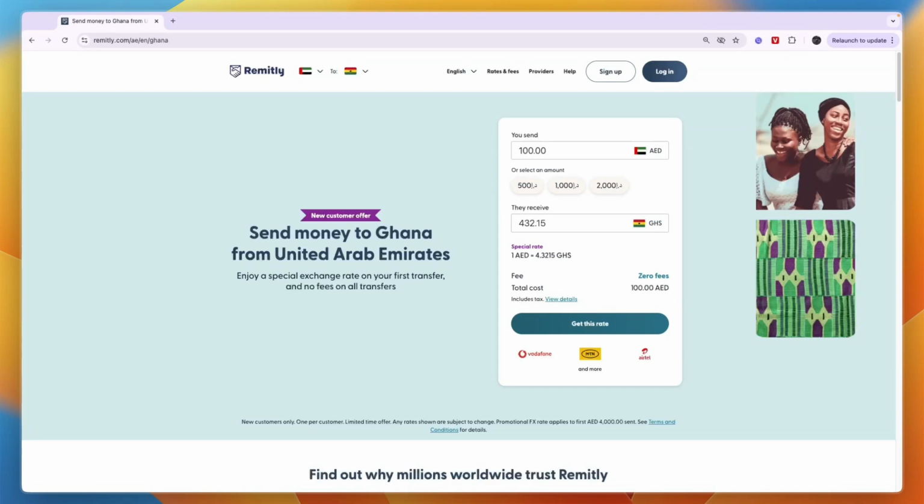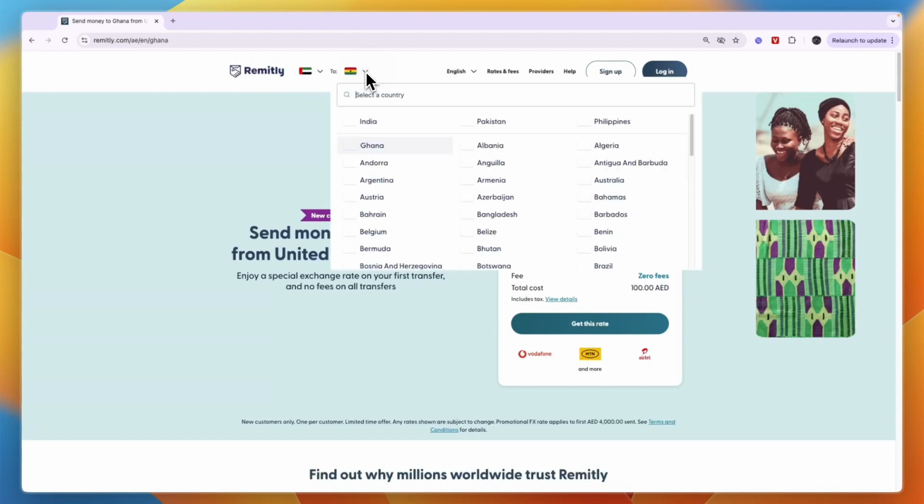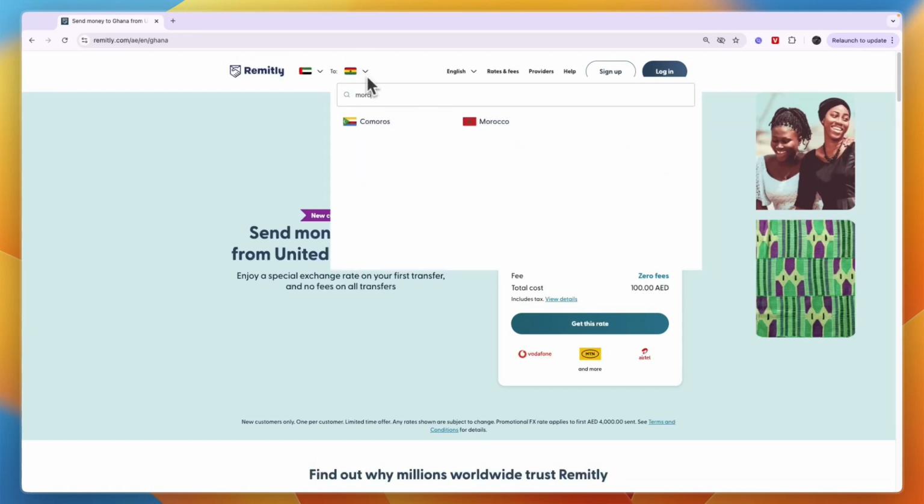Here's how to do a Remitly money transfer to Morocco. So to do this, just open up the Remitly website or app, and at the top right here, make sure it's set to sending to Morocco. So for me right now it's Ghana, so just click on the drop down and search for Morocco and select